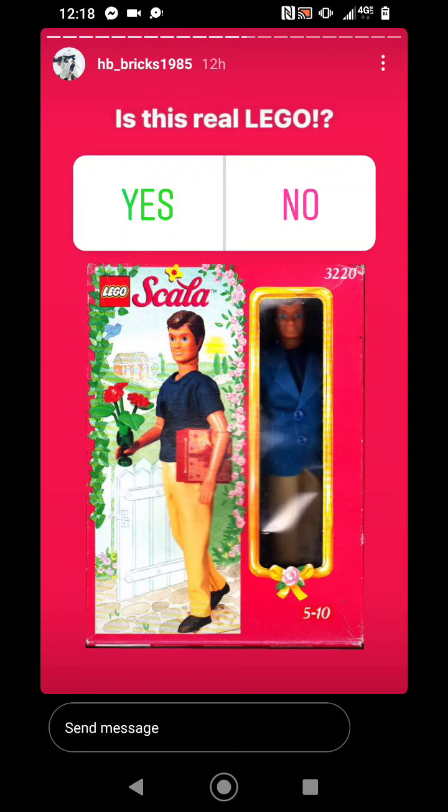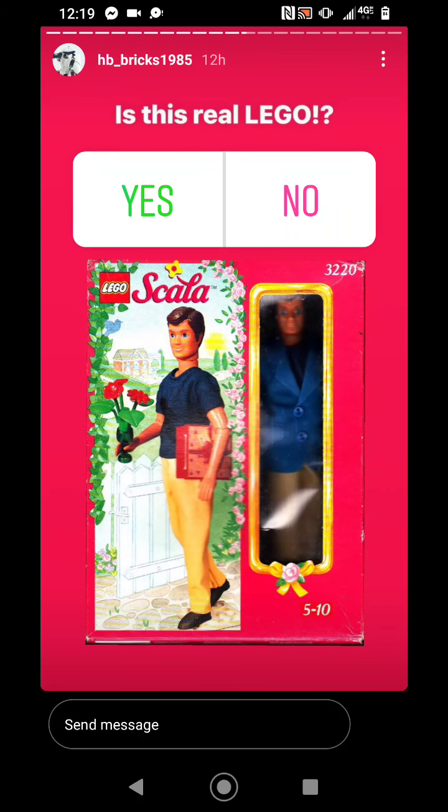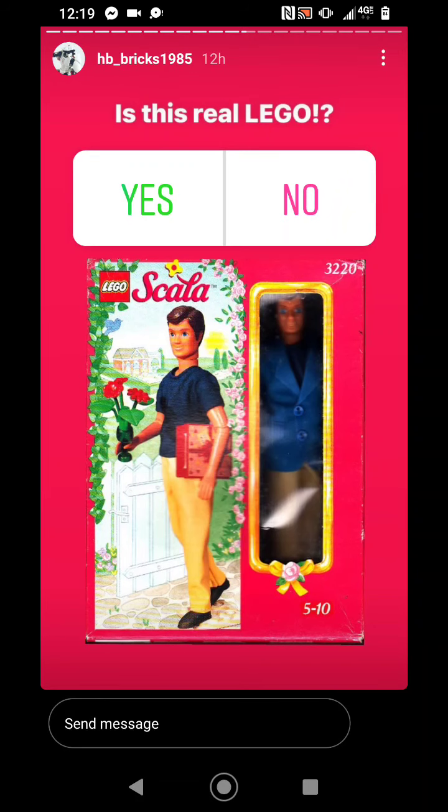This would take place before Belleville, and much longer before Friends. So is this a toy? It is a doll, and similar sizes of dolls would be created. You can rearrange them, dress them, add accessories to them. They use system parts in here. If you look at the flowers closely,